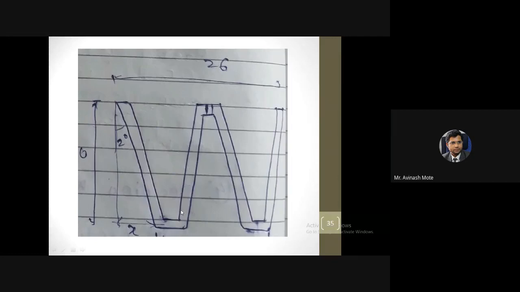Okay, as per our conclusion, we have removed this inside extra material also, and to get proper ejection, we have given the draft angle also, 2 degrees. Okay, the maximum limit is 2 degrees. We have given draft angle to this side also and this side also. So finally, the shape will be like a W. Okay, if you're observing here two lines, this is the axis for the screw. Okay, so this threaded screw will be managed in between this internal space, middle space. Okay, and finally you will get this design.